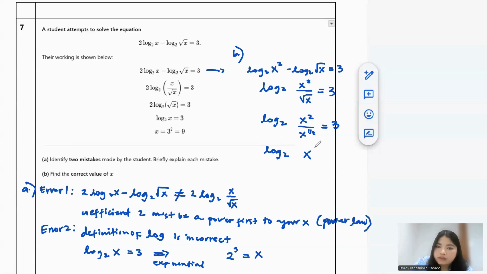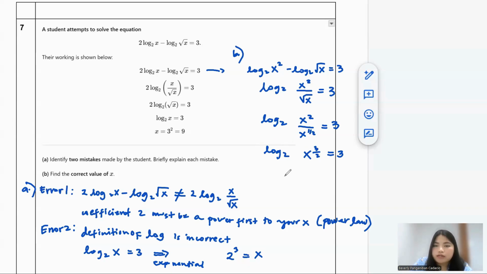to the 3 over 2. So we put it there and it's equal to, hope you can follow, because if you have x and x, they're like numerator, denominator, you're just going to subtract your exponent there because they are the same, is equal to 3. And then what we are going to do next is the reverse now, which is you will put this now in your coefficient right there.